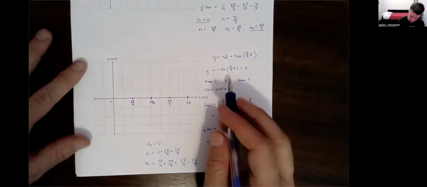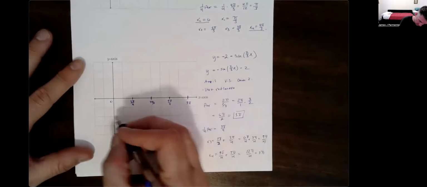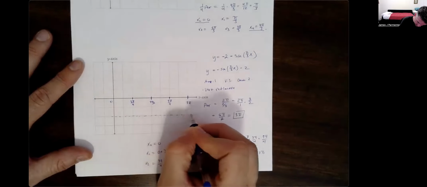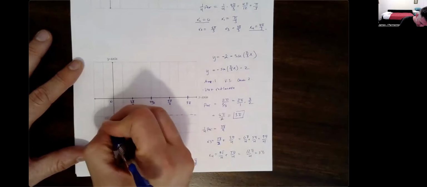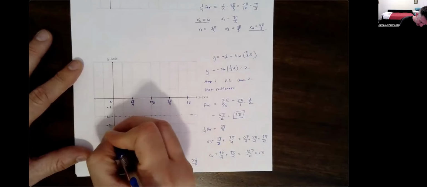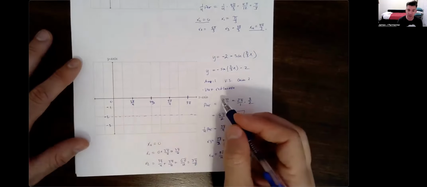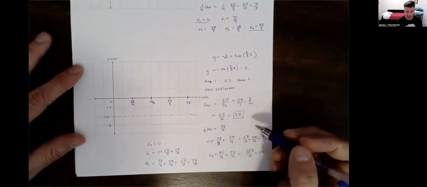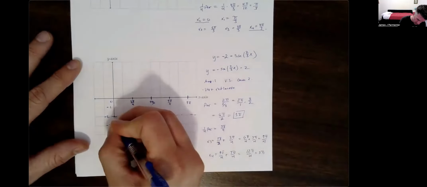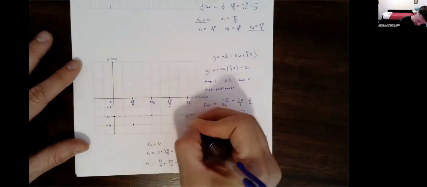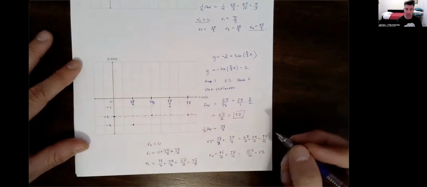So now we're shifting down 2. And our amplitude is 1, meaning we're going up as high as -2 plus 1 and down as low as -2 minus 1. Again, we've got a vertical reflection, so sine would usually go middle, top, middle, bottom, middle. But now we're going to go middle, bottom, middle, top, middle,